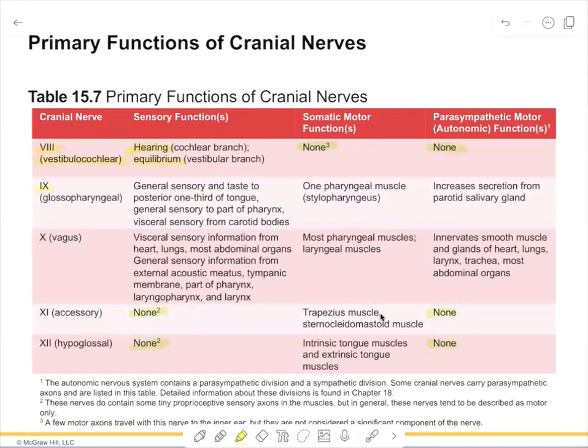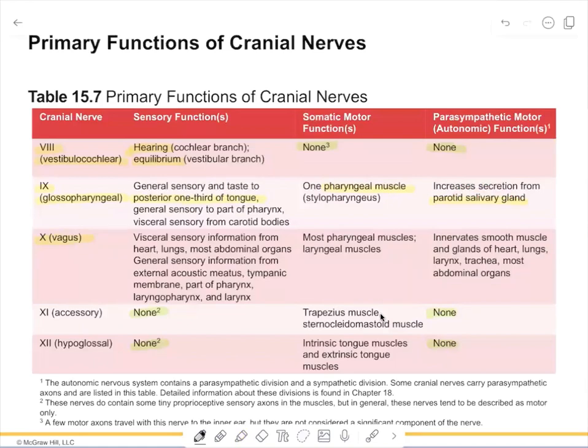Cranial nerve 9 is called the glossopharyngeal nerve, and its sensory function is going to be taste as well from the back of the tongue, and it also controls a pharyngeal muscle and parotid salivary glands. So as long as you know that it is salivation, not salvation, excuse me. The 10th cranial nerve is going to be called the vagus nerve, and the vagus nerve